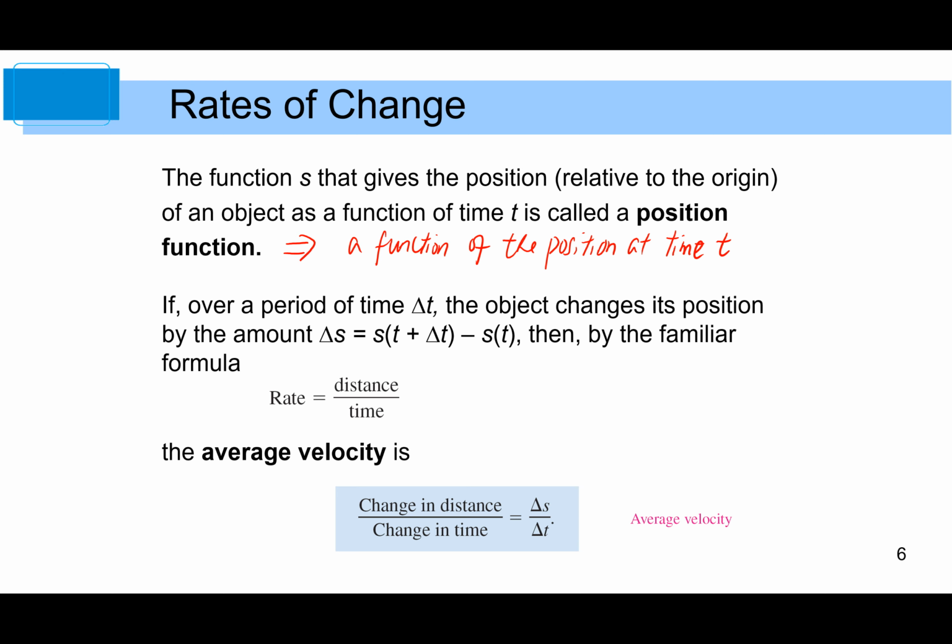If over a period of time delta t, the object changes its position by the amount delta s, which is s of t plus delta t minus s of t, then